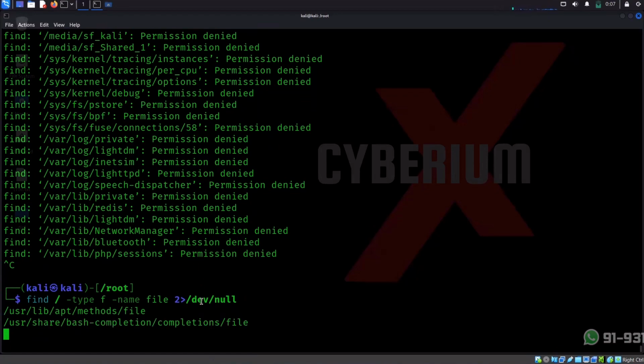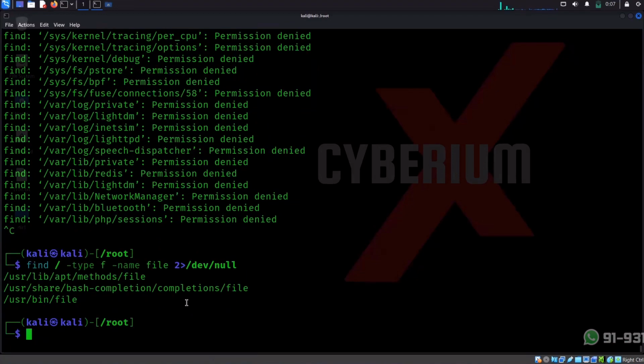If you want to do vice versa and want to see errors, then you can remove this 2 from here. What will happen is it will put all the output in this null file and will show you the errors only. So this is how you can see practically the implementation of standard input, standard output, and standard error,